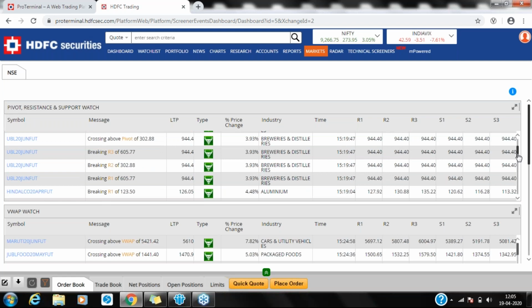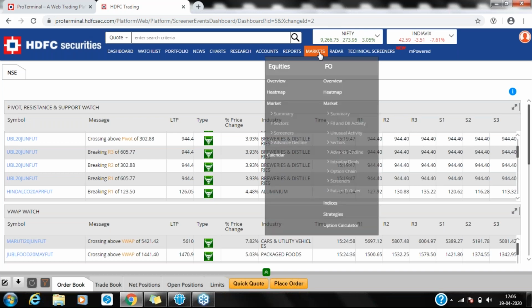So what it does basically, it gives you clarity and takes out your manual work. You don't have to manually check which stock is breaking the R1 or R2. You can directly open this page and you will get a live update of the stocks which are breaking R1, R2, or R3, and then you can take a trading decision. If the stock is breaking the resistance continuously, and you have another bullish setup also in the same stock, you can definitely go and take the buy call. So this is how you can use the screener section for the FNO.